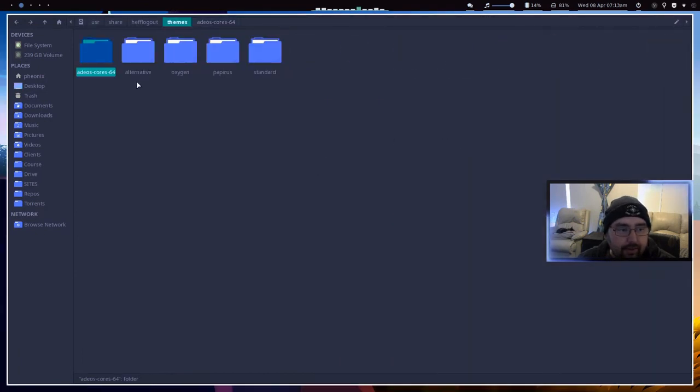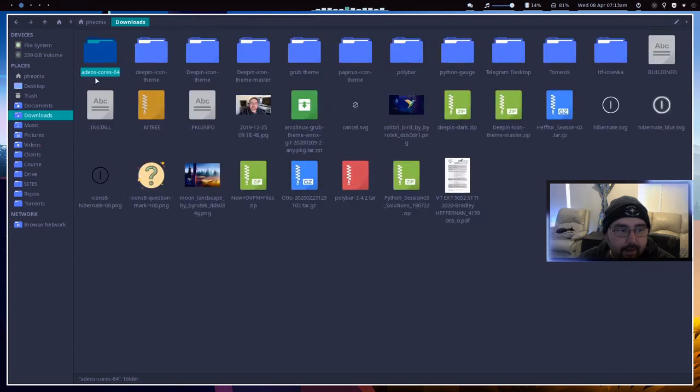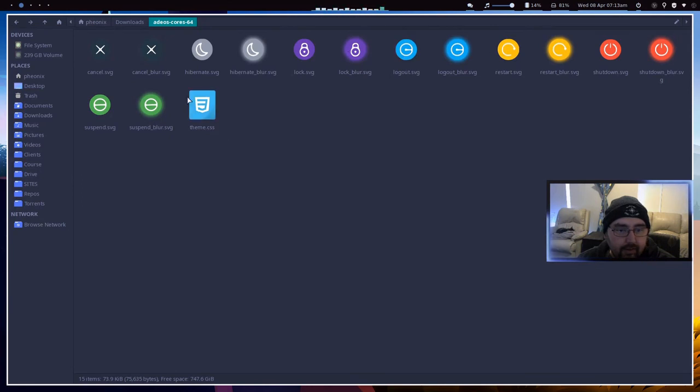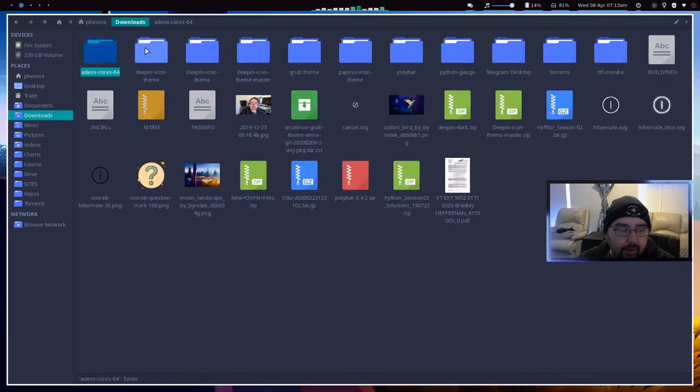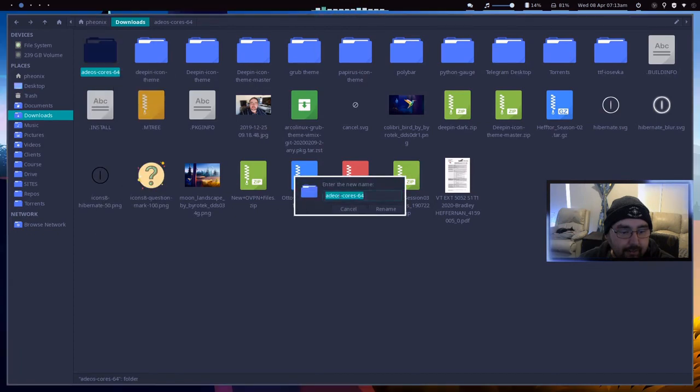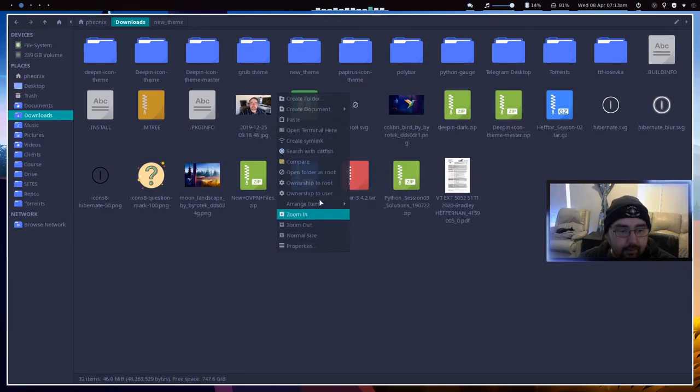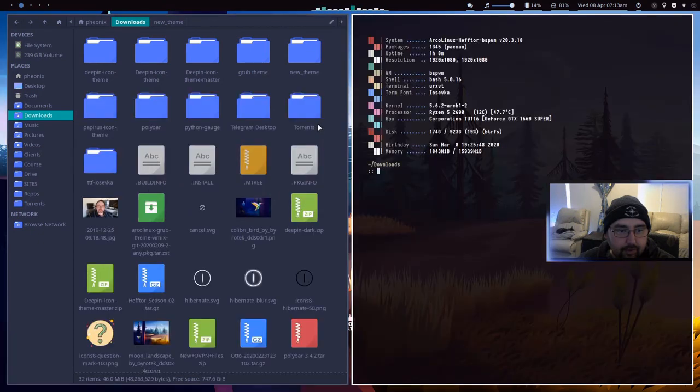So basically all you've got to do is copy it, go into downloads, paste it, there it is. Make all the changes that you want and then just copy it back. Rename the folder to whatever theme name you want it to be. So let's rename that and we'll just say new theme, and then we'll go here, open terminal, and we'll just go sudo cp -r new theme to